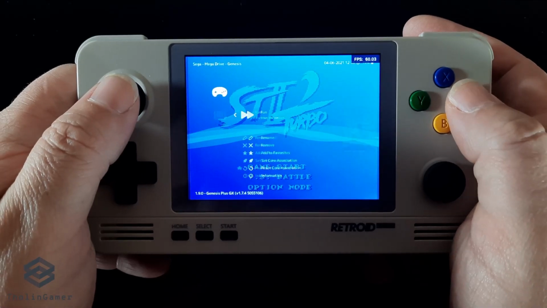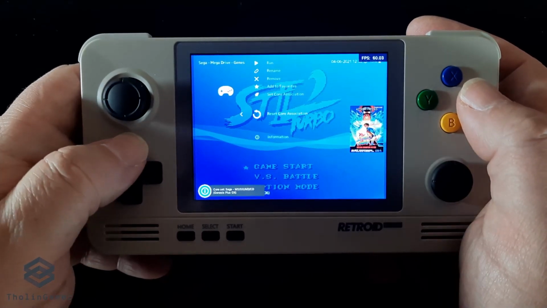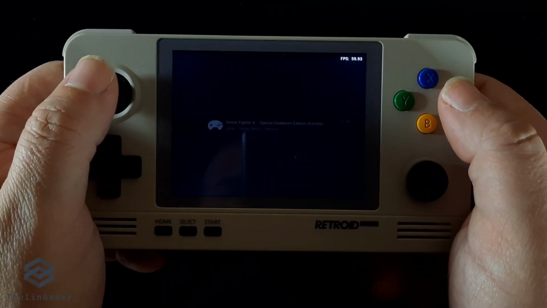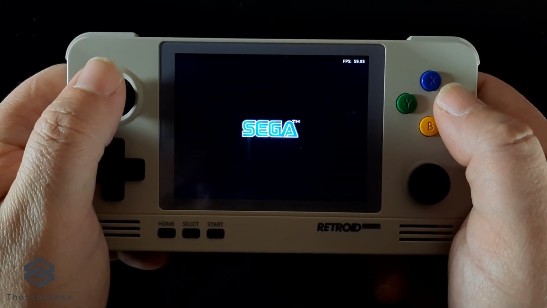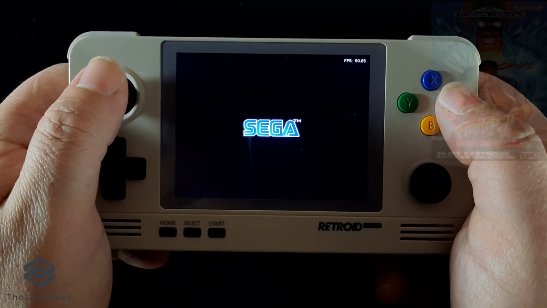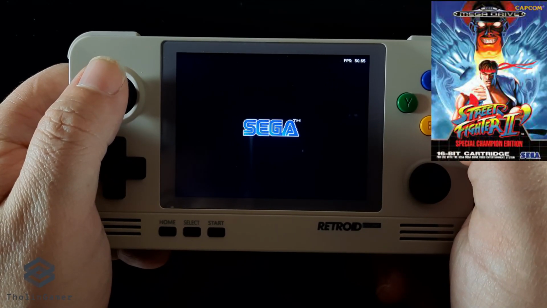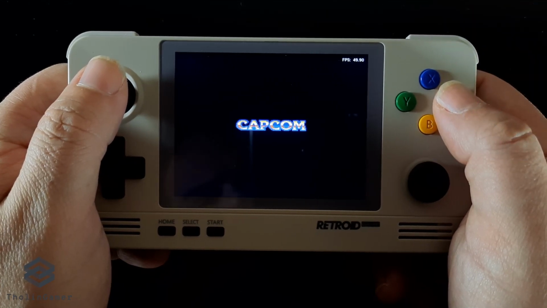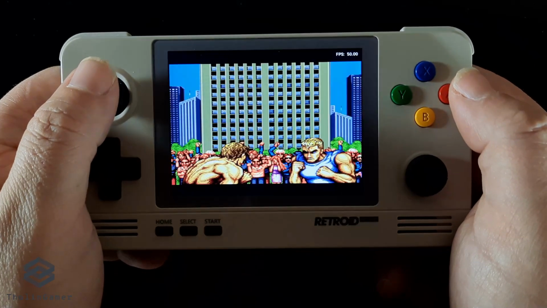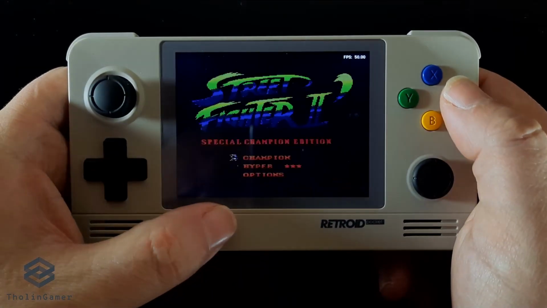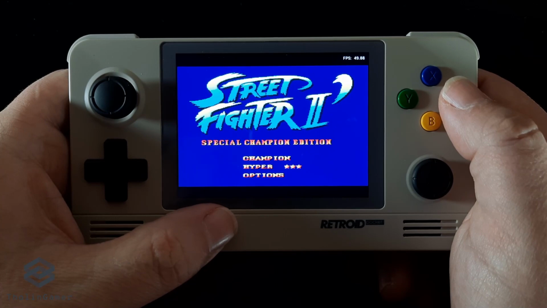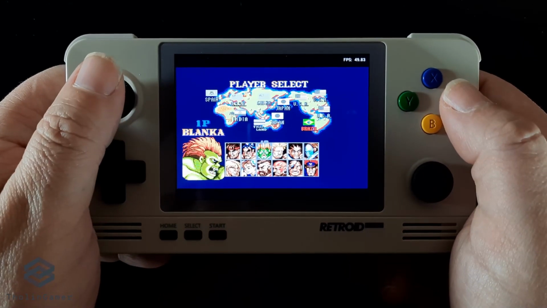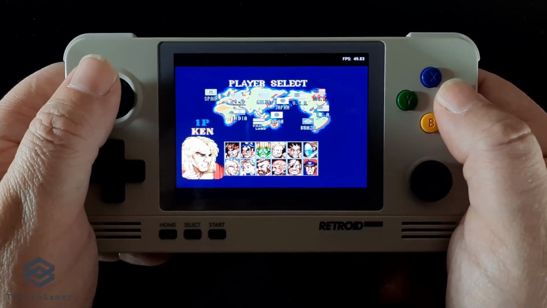Now, moving on, we are going to test a fighting game, and we are testing one of the 2 most famous fighting game series ever. We are talking, of course, about Street Fighter 2. This is the special Champion Edition that also includes a hyper mode, but other than that, it also has the 4 bosses from the main game, I'm talking about Balrog, Vega, Sagat and Bison, as playable characters for the player to select.